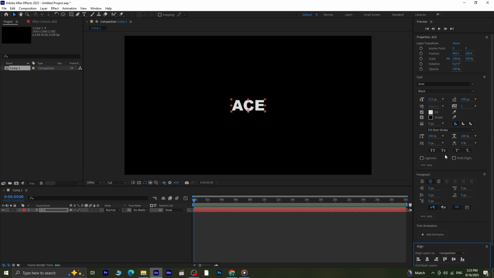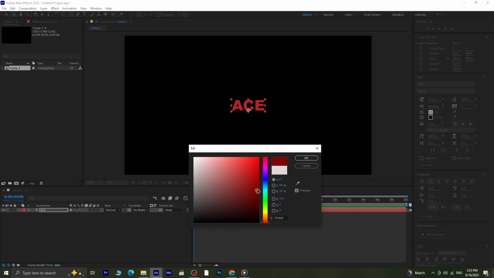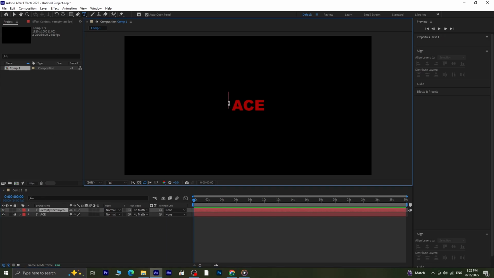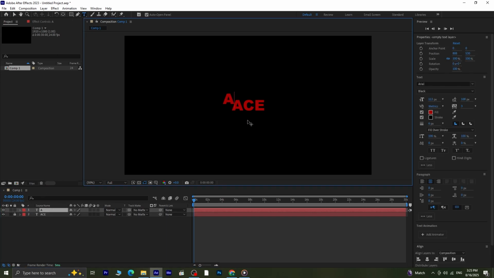I'm going to give this text a darker color so that it stands out less because this text layer is just going to be for reference, and to make sure it doesn't disturb us while working on the animation, we can lock this layer. Now take the text tool again and on top of your reference text, write the first